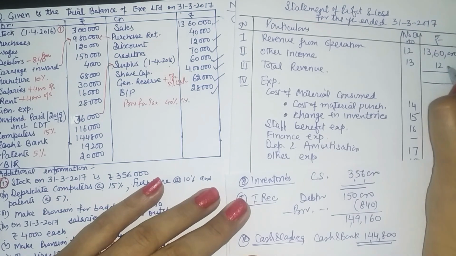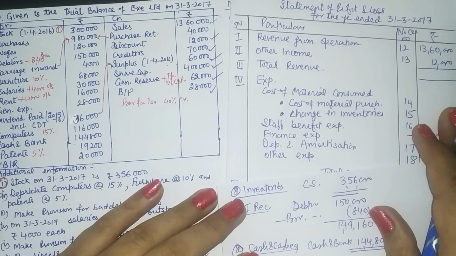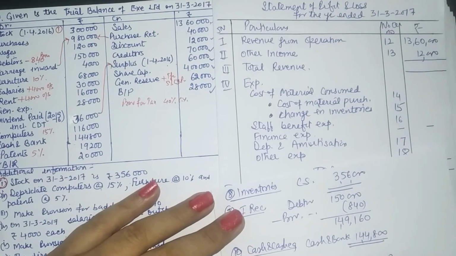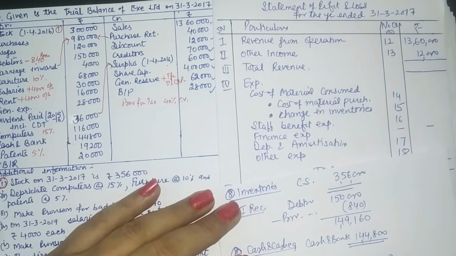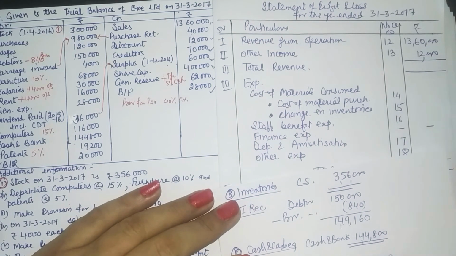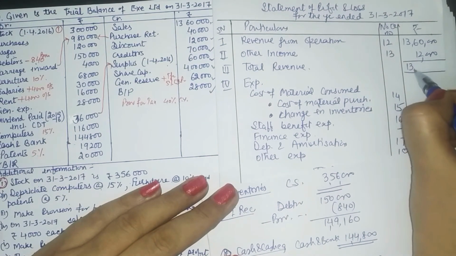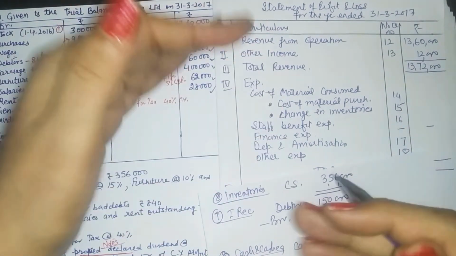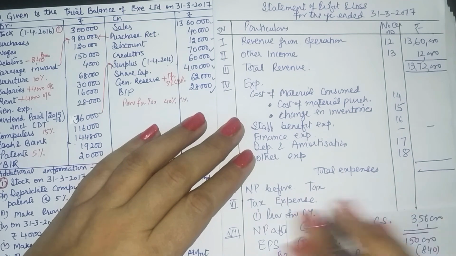Now as per the guidelines provided for preparation of the balance sheet, any kind of income, be it discount or commission or interest or rent, they are your other incomes. So they should be adjusted here. So you see, your question may seem lengthy, but we are in the process of completing this step by step.